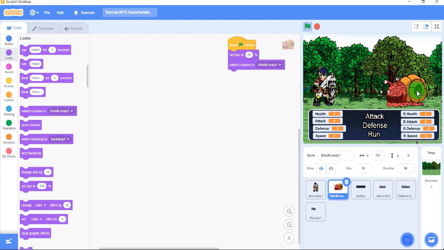This is the default costume. Okay, default costume for Brindle, default costume for the hero. And we are also going to set this one as the default position. So you see, AB is in minus 170 for the X, and for the Y is 11. So this one is the